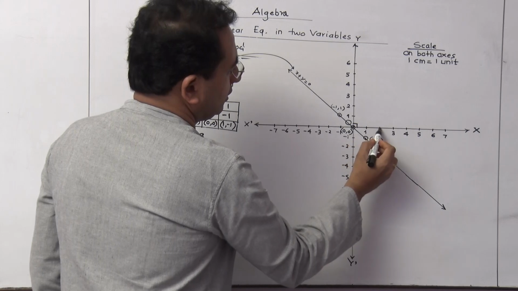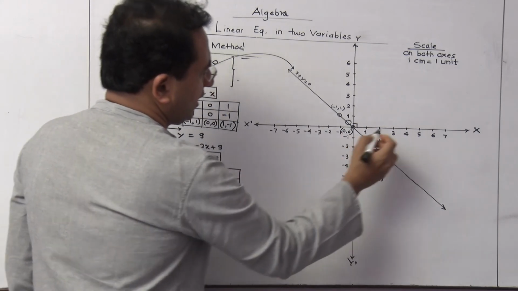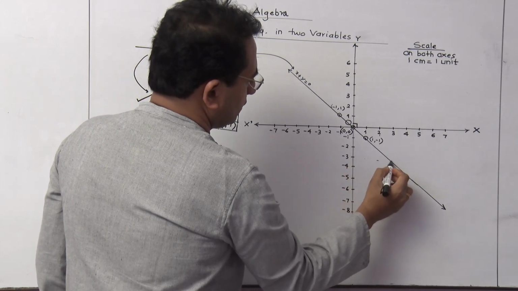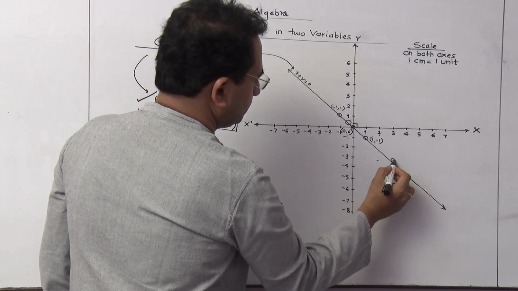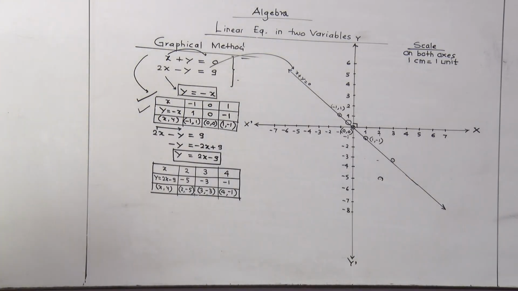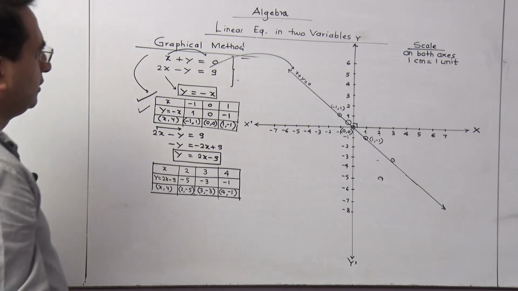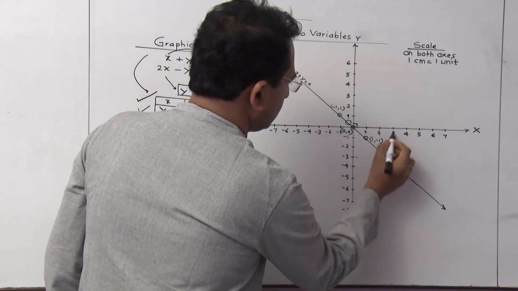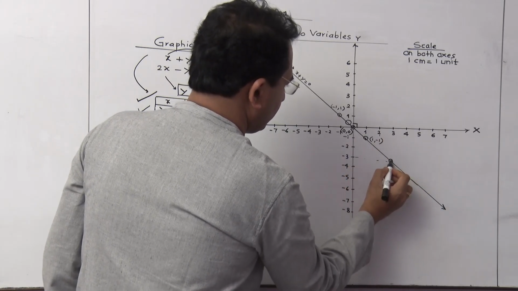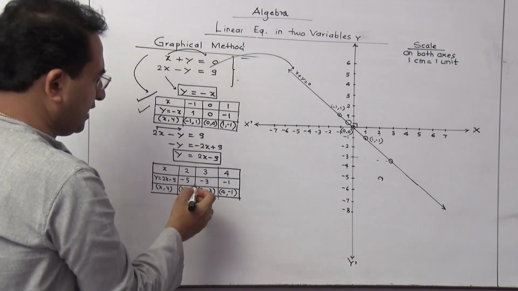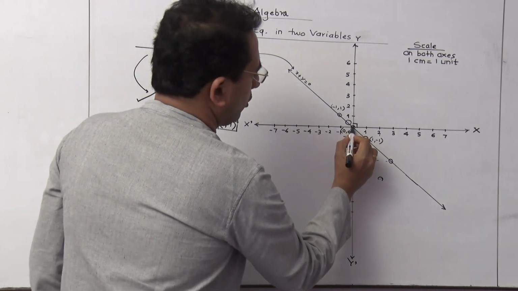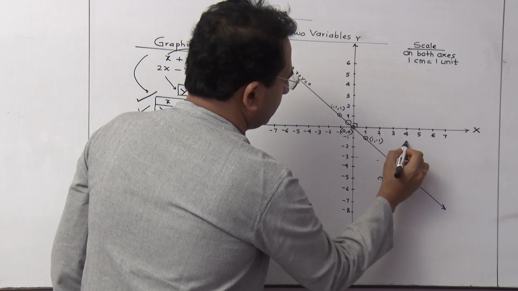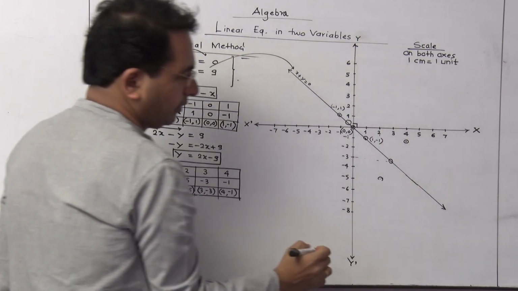Then let us go for this 3, -3. It is 3, -3. -3 means we are supposed to come down. It is coming here. 3, -3 will come here. Are you getting it? And the next one, you are going to get 4 comma minus 1. 4 comma minus 1 means 4 units to the right and then 1 unit below that. So this is one more point you are going to get.